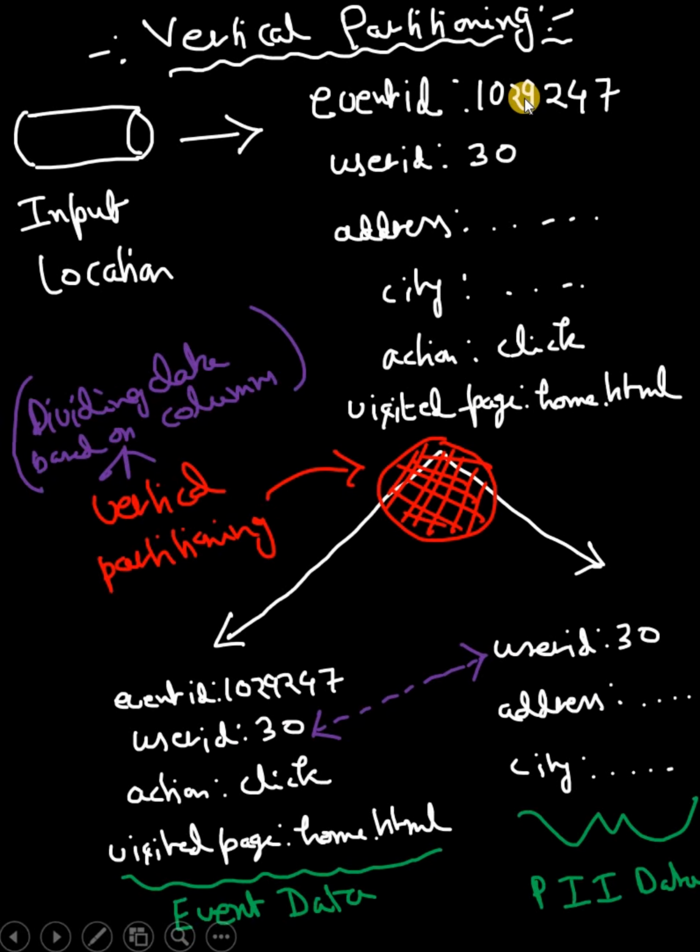So this is nothing but vertical partitioning, which is very useful, especially for data privacy related use cases. If your company is, for example, in the financial sector or healthcare sector, this kind of partitioning strategy is followed. So the advantage, as we discussed, is PII data removal is very easy, but the little bit disadvantage is if